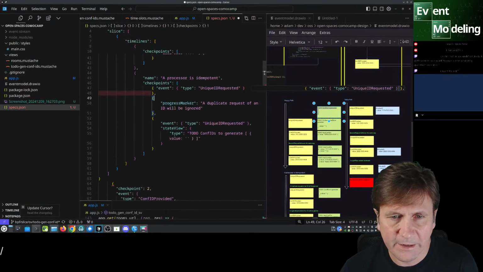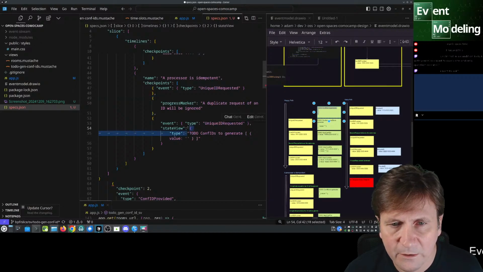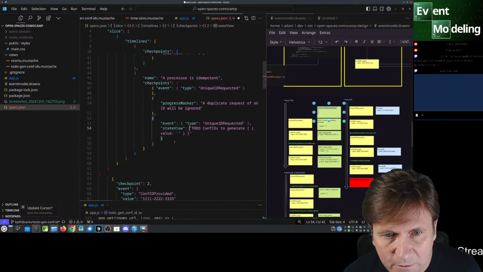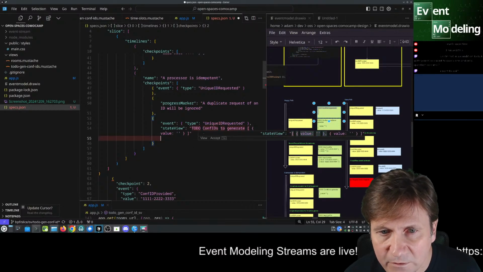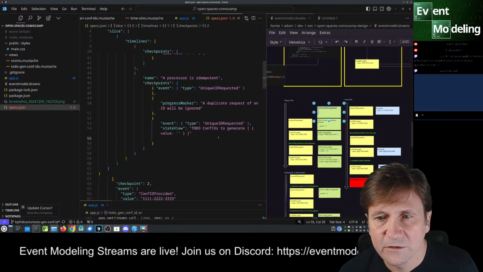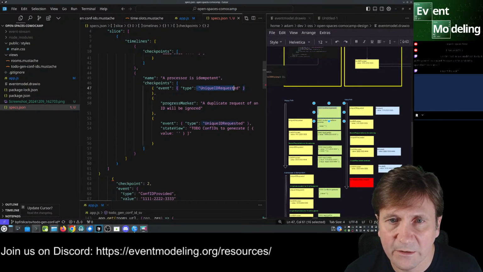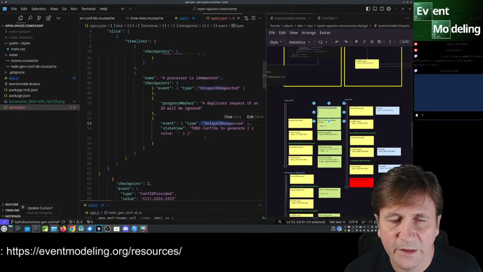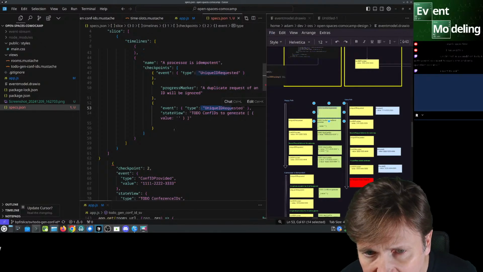I mean, we may back out of this decision, but for now, I think this is the way things will work best. And so processor is idempotent, so we have that. So even though we had one before and another one then, we still go ahead and make one there.